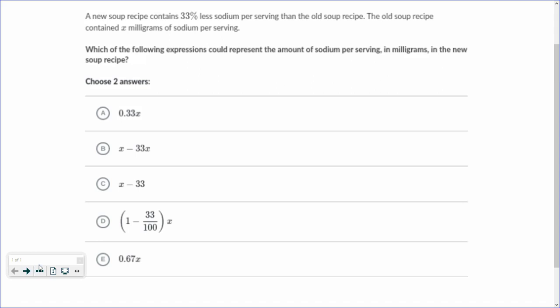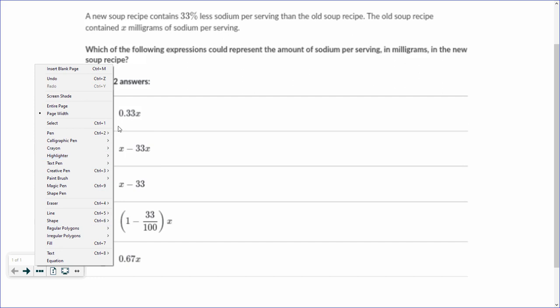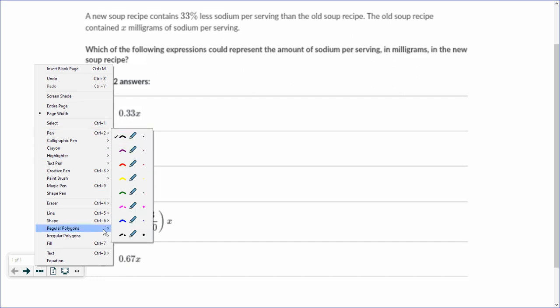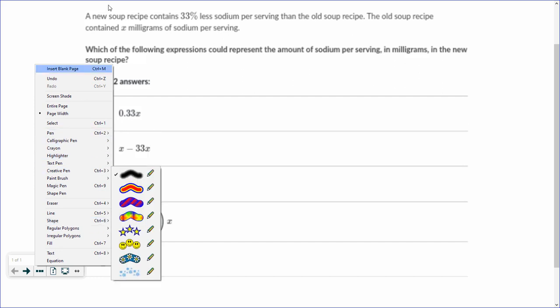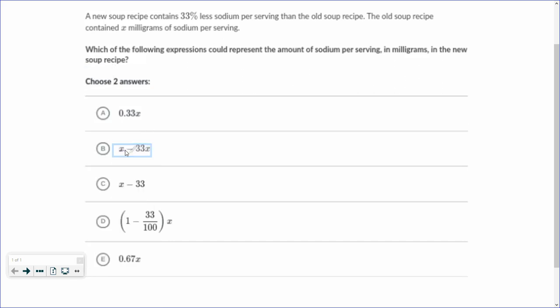So let's start by getting our pen together. Let's go with purple. All right. So let's start by making a little table. We have the old and we have the new. Okay. So the old recipe had X, right? And the new recipe has X minus